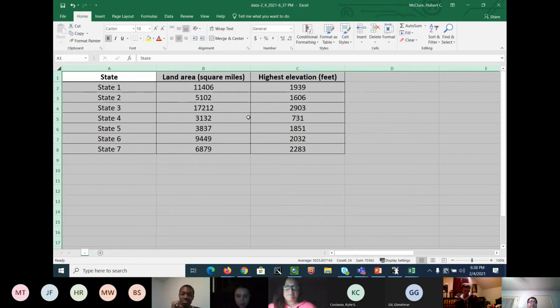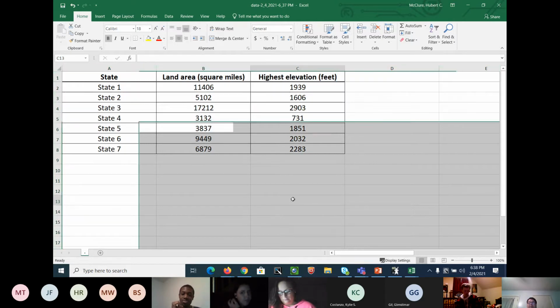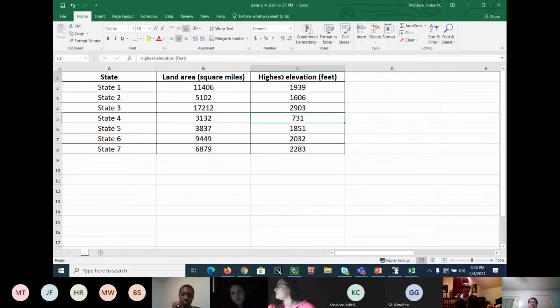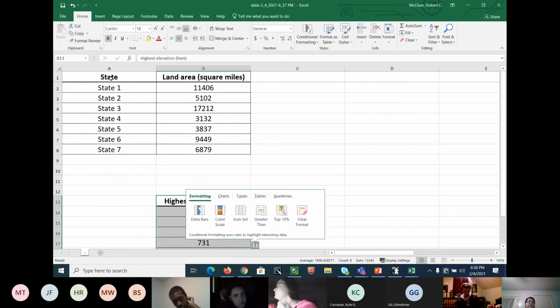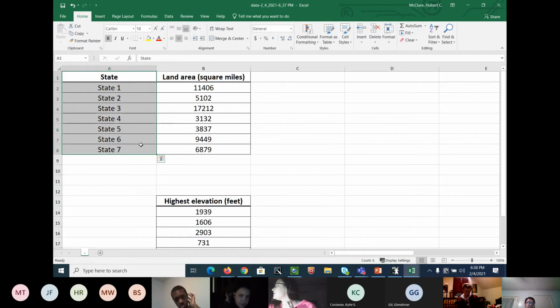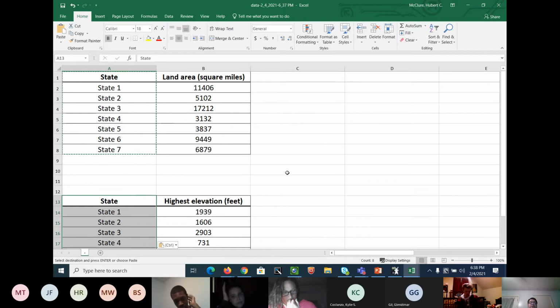Now, I'm going to make 2 graphs. Watch what I do here. Control X, and I'm going to put it right here. And I'm going to bring this. Control C, Control V. Okay, so all I did was bring the elevation down here so I can work with it